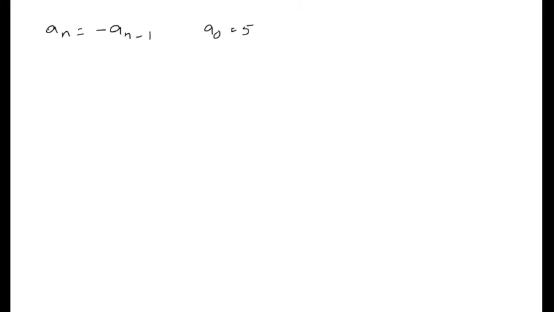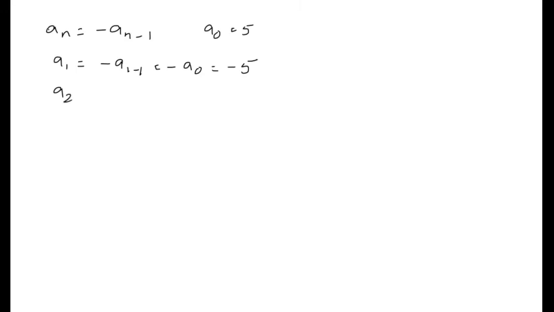In the next example, we will see how to find the solution for the given recurrence relation. The given recurrence relation is a_n equal to minus a_{n-1} and a_0 equal to 5. Similarly to the previous examples, here also we will use the substitution method. So a_1 equal to minus a_{1-1}, in place of n we place 1, so minus a_0. The a_0 value is 5, so it is minus 5.